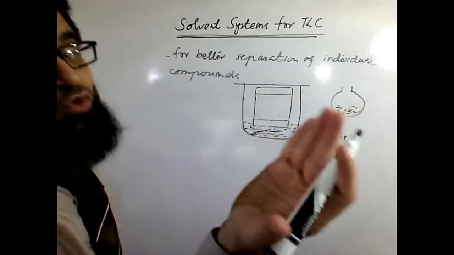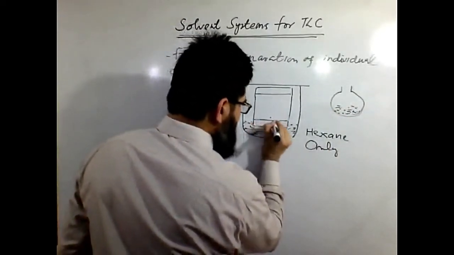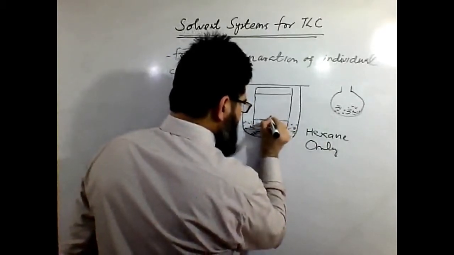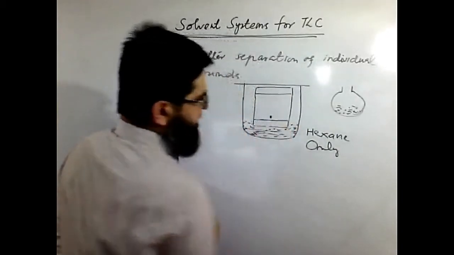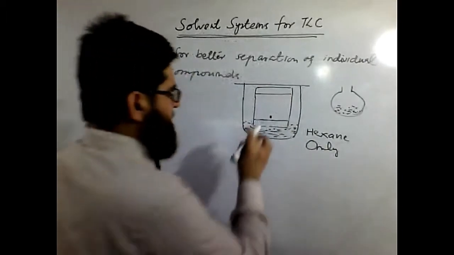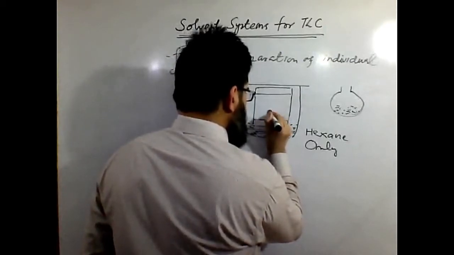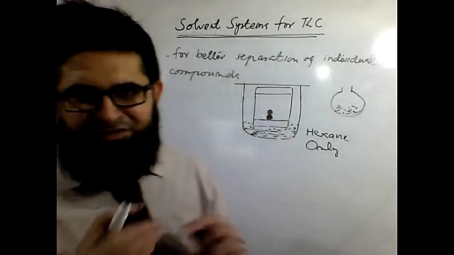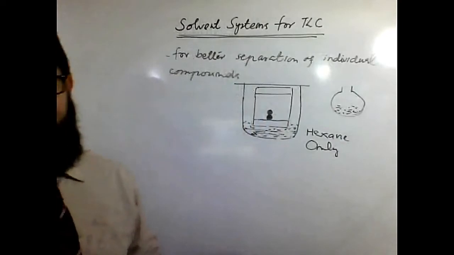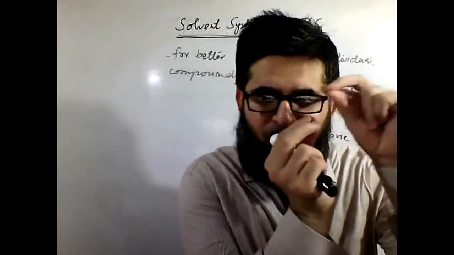Let's say I assume that this spot has moved just a little. One can see two merging spots here. This spot has moved a little from the base, but there are two merging spots. I could make it a bit larger for you so that you can see one spot and then the adjoining spot. Two spots are there, but they are merging with each other. They are close to each other. It seems both compounds are polar in nature, having very close polarities.